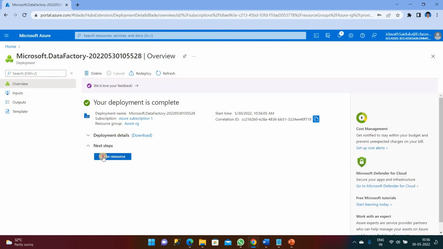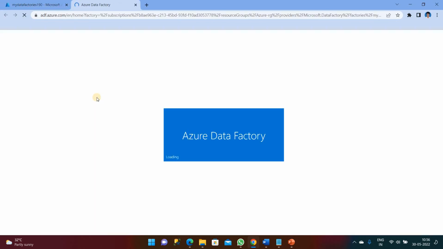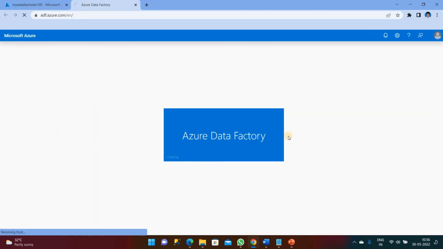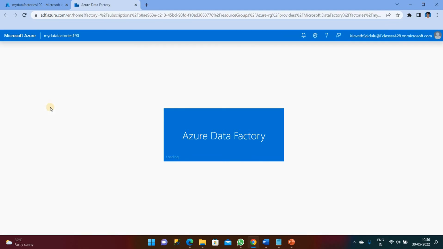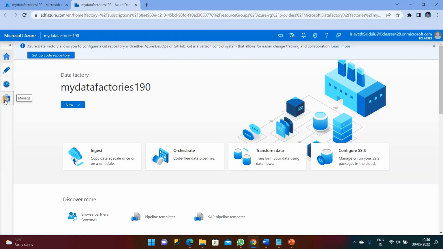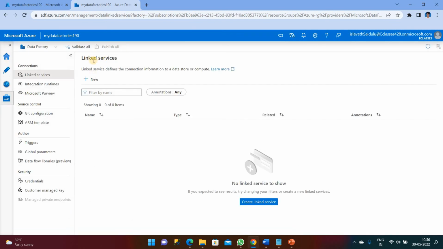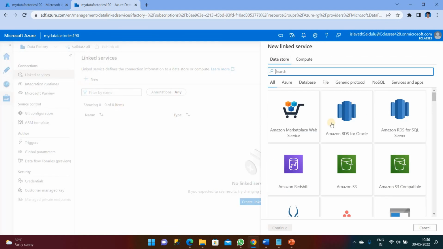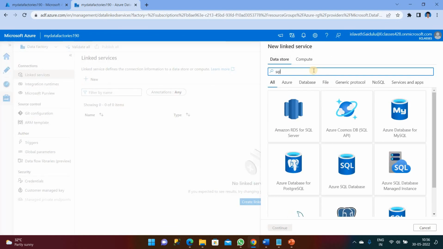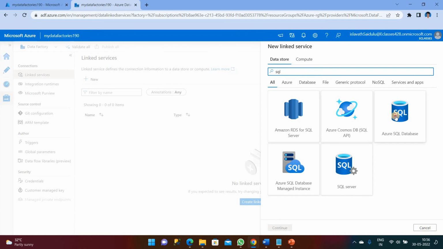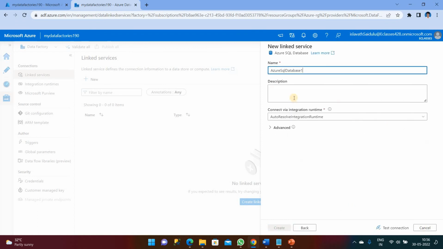So deployment is completed and click on open. So this is my Azure Data Factory, and go to the Manage tab and Linked services, and let me choose SQL database, Azure SQL database, continue,